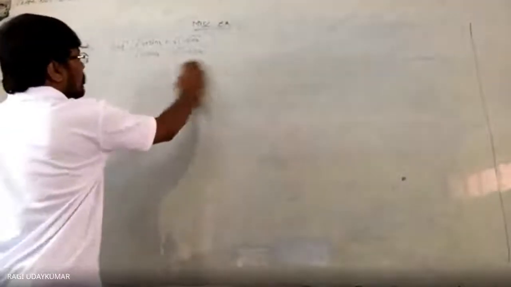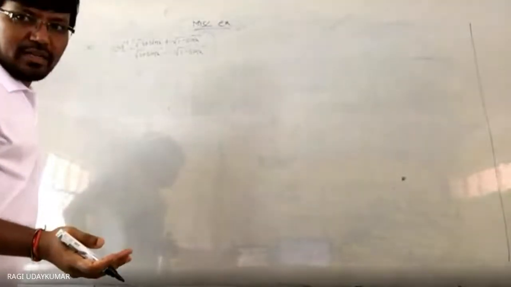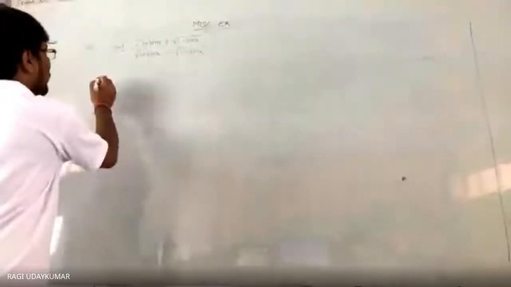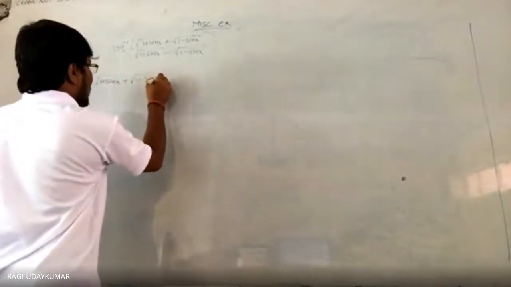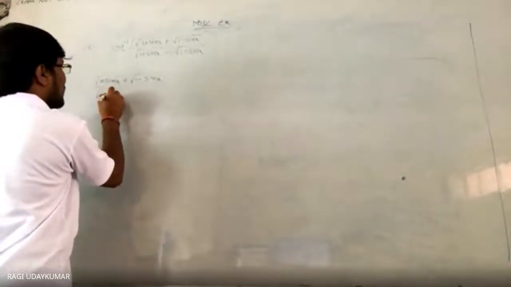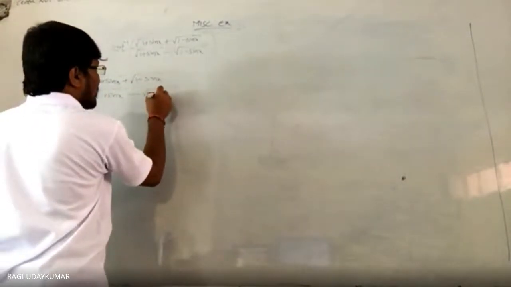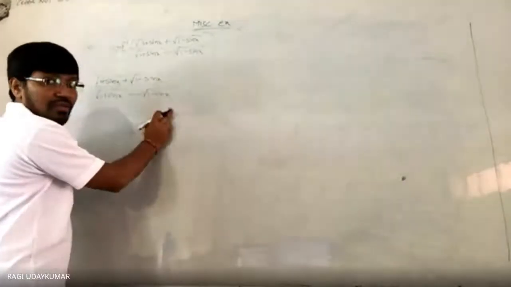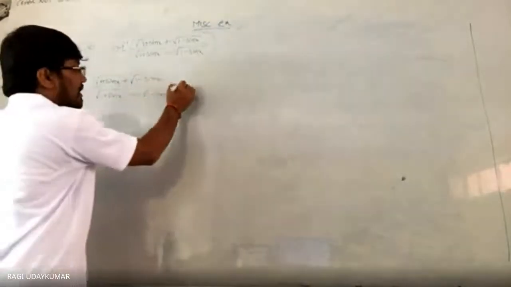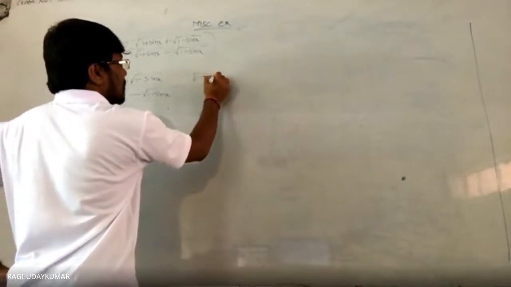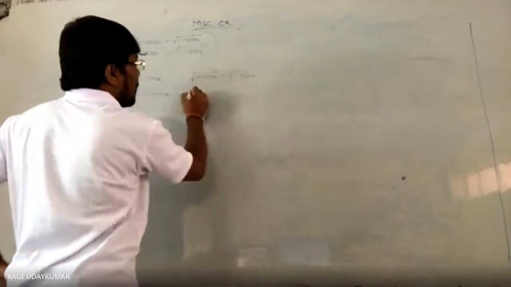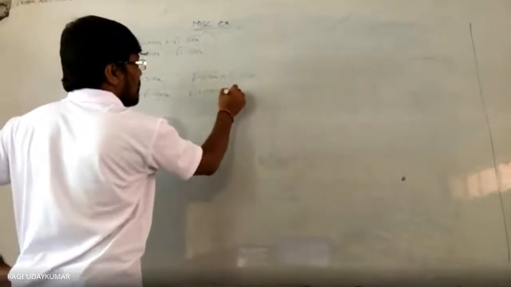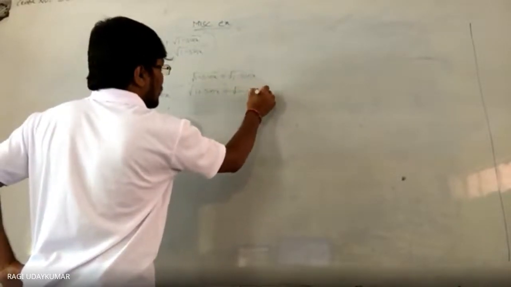So now what to do? First you do this one, rationalizing the denominator, just you need to rationalize. So what to do here? Since we are having a minus b form here, a plus b should be multiplied in the numerator and denominator. So we need to multiply under root of 1 plus sin x plus under root of 1 minus sin x in the numerator and denominator. So in the numerator you are going to get a whole square.